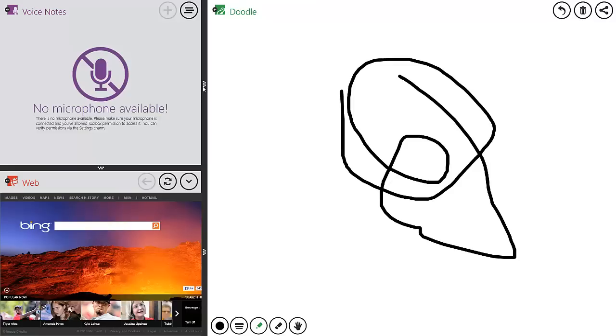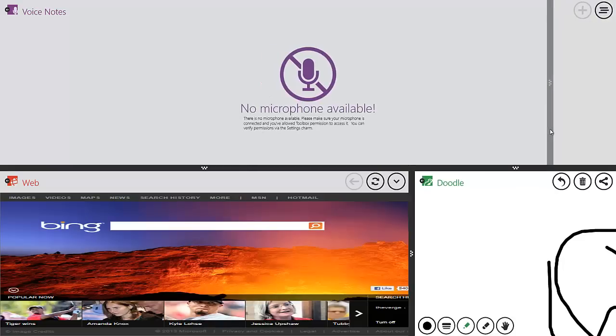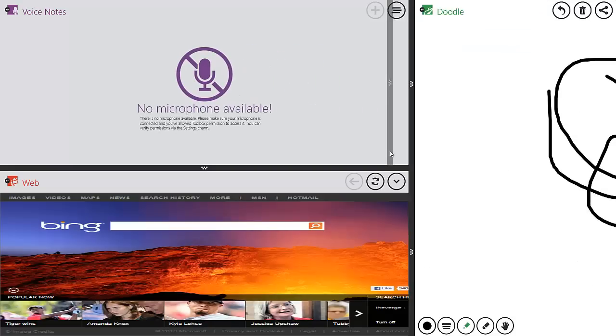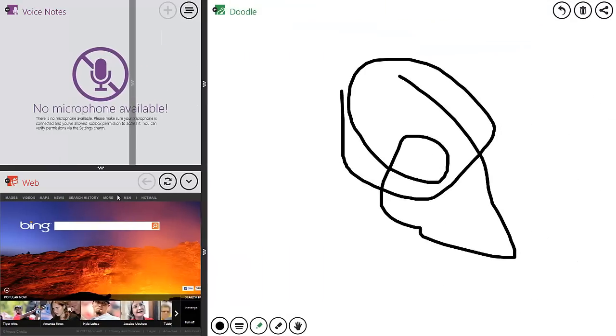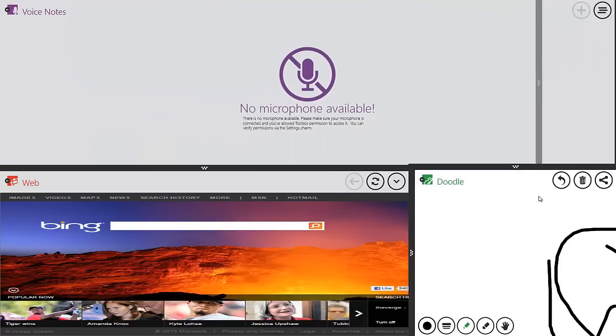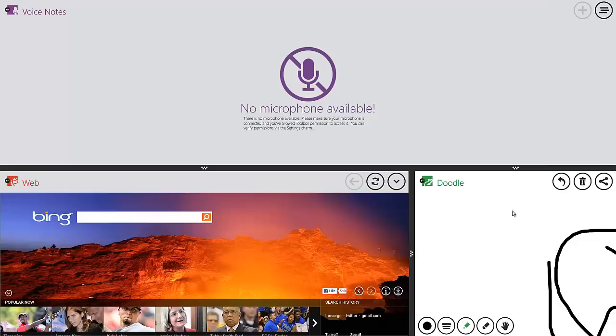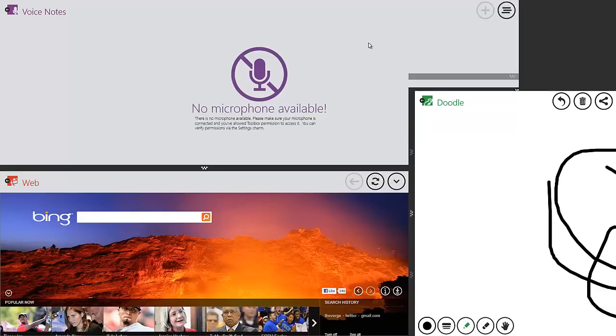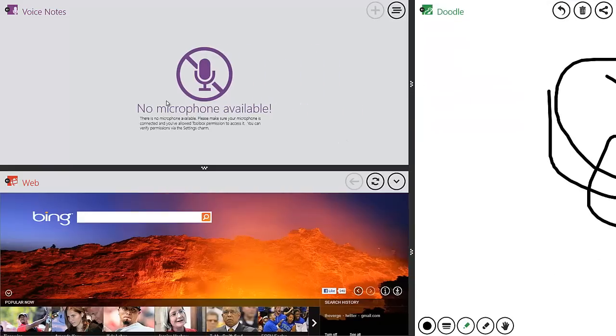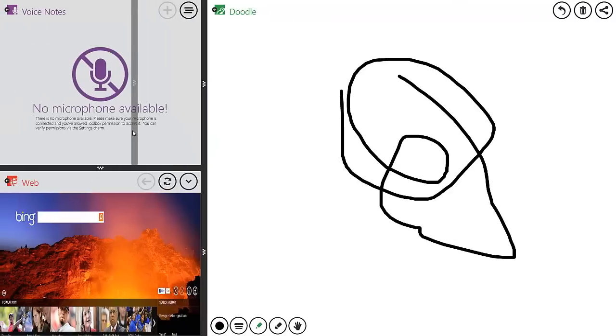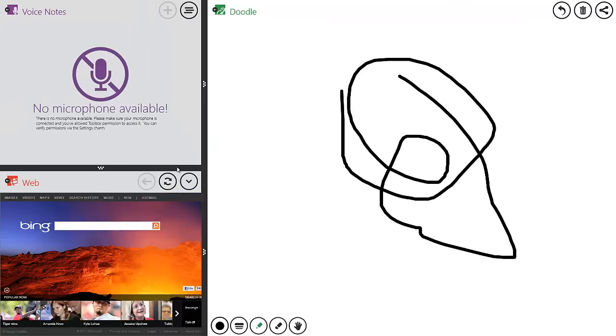And a cool thing that you can do with this is you can drag this to resize everything. It's just something that's really cool that I wish Windows 8 did by default, but for this application, it allows you to resize these things in many different positions. That way you're always satisfied. So if you want to have the voice notes as the smallest, you can pretty much arrange this however you want. So we can have this here, put the voice notes very small over here,